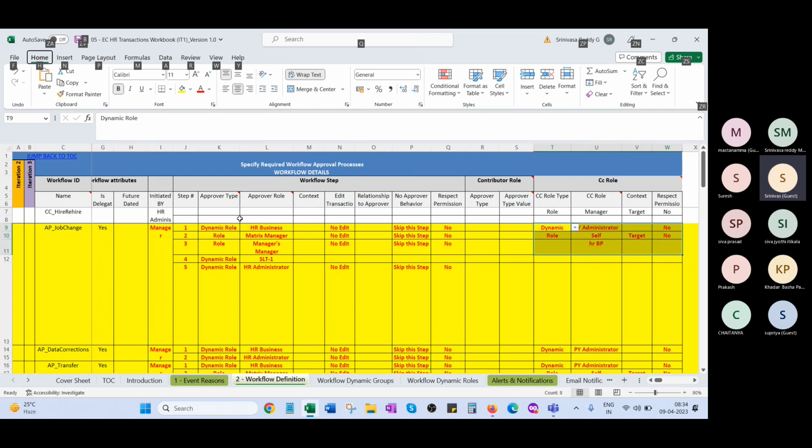So in workflows there are mainly 3 categories: approvers, contributors, and CC role. Approvers, they can approve and or reject. Okay, so there is no limitation, we can add any number of approvers. Contributor, they will receive the email notification